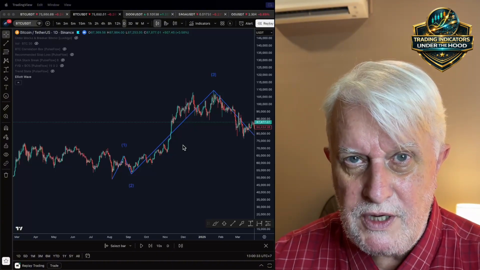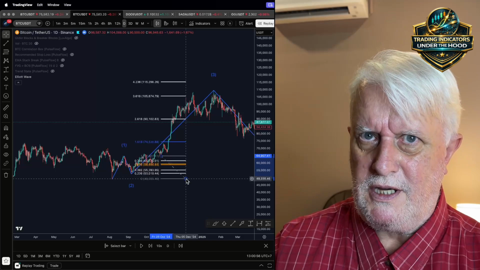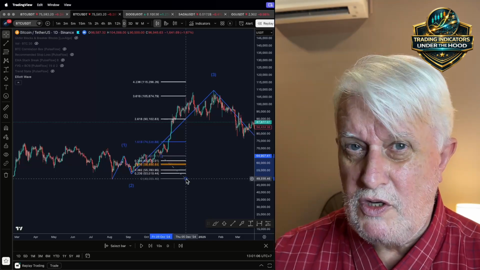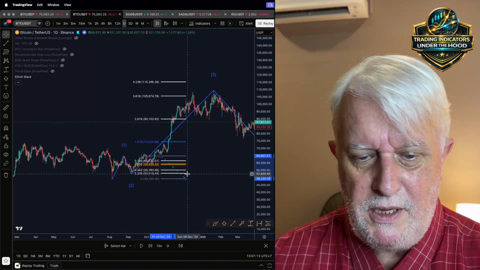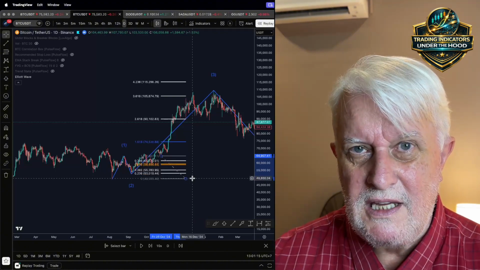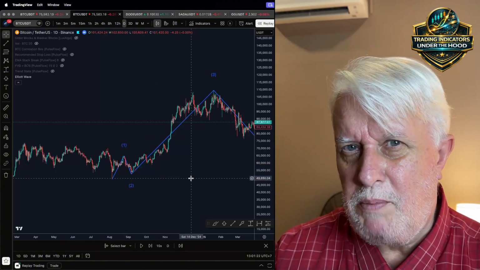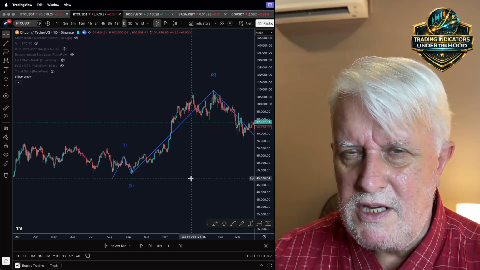Let's have a look at what this one did. This one went up to 3.618. And they do say that in strong trends it can go to 2.618 or 3.618. And our Bitcoin chart shows exactly that in this case. Miss this entry and you're missing the biggest move of the entire sequence.